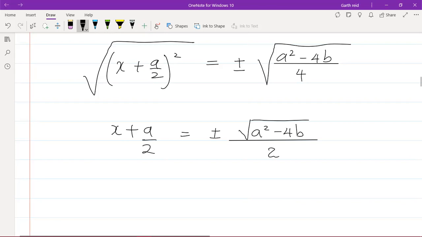I have x plus a over 2 here on the left-hand side of the equation. So I want x by itself on the left-hand side. So I'm going to carry this a over 2 to the right-hand side, right? So I'm going to subtract a over 2 from both sides of the equation, which would leave me with x equals negative a over 2 plus or minus the square root of a squared minus 4b all over 2. All right,